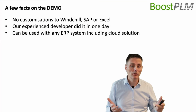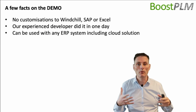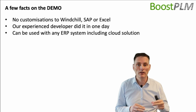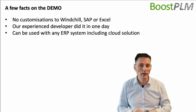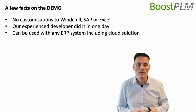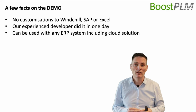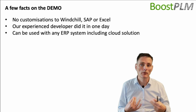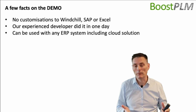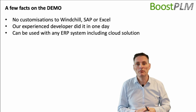This was obviously a very small example, but still powerful, and I think it's important to mention that absolutely no customizations were used within Windchill, within SAP, or within Excel. We didn't have a single macro or a single formula used in Excel. And what is even more impressive is that it took our expert less than a day to create this example. And I think that also proves how fast you can get these bots into work